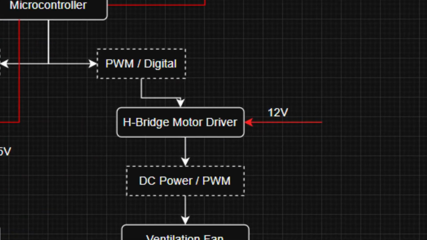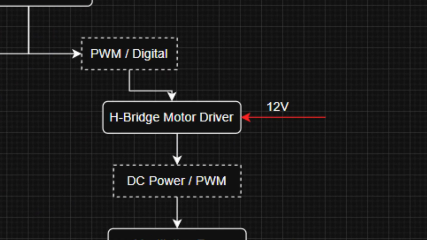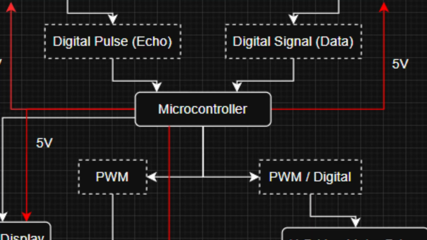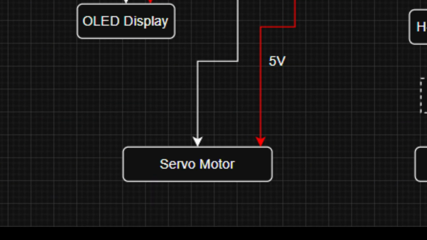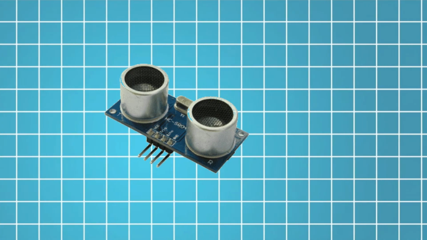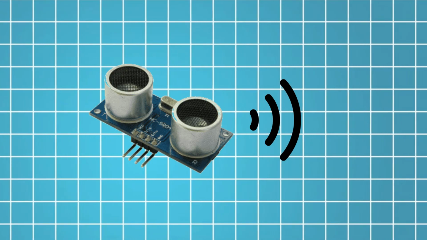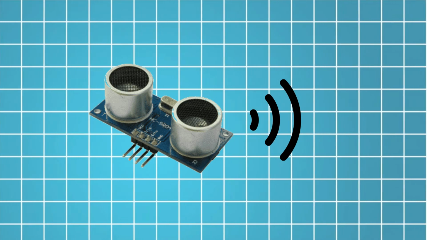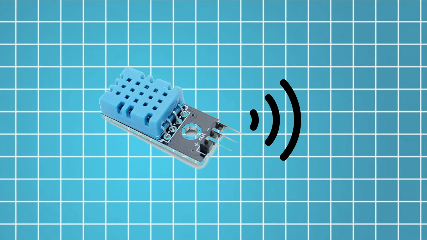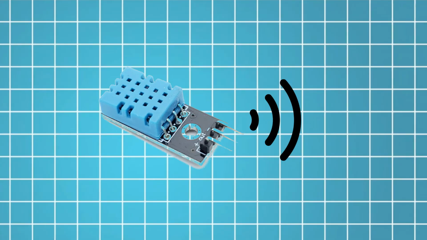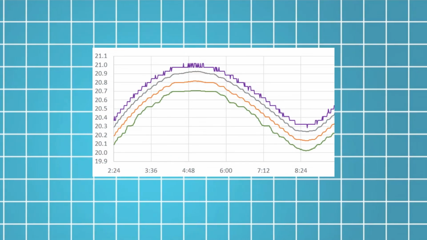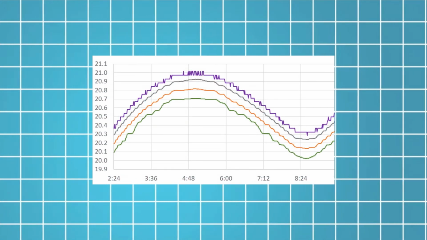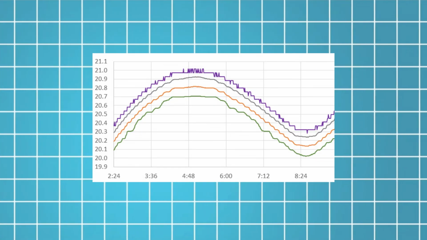As you can see, we have the 12 volts supplying the H-bridge motor, and we also have the microcontroller supplying it to the sensors and the servo motor. Our ultrasonic sensor sends digital pulse width signals to the Arduino, which we continuously sample as part of our closed loop system to detect when someone approaches. The humidity sensor gives us either a digital or analog signal, which we read through the Arduino's ADC. Using this feedback, the Arduino runs a control algorithm to output PWM signals to the servo and drive the fan